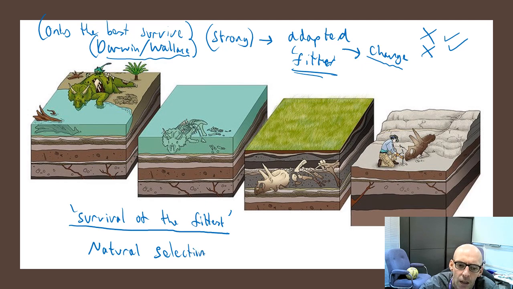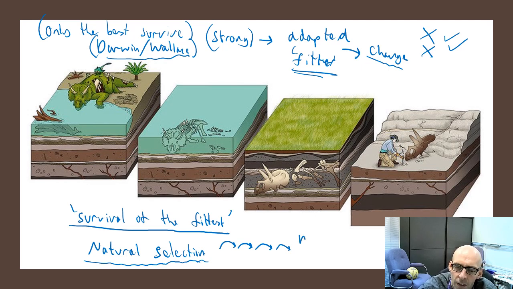So actually, I know when I teach it, I teach about great big fields full of rabbits. Which rabbits will survive this winter? Well, if it's a really cold winter, then your furriest, fattest rabbits might survive. If it's a mild winter, maybe that's not so important, and maybe the rabbits with the biggest ears will survive. But they'll adapt to their environment. And each generation, there are tiny little changes in the genes, because only the best ones get passed on. Therefore, when we look over millions of years, we can get big changes.